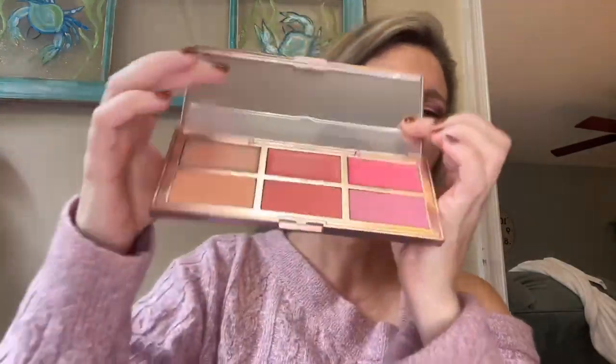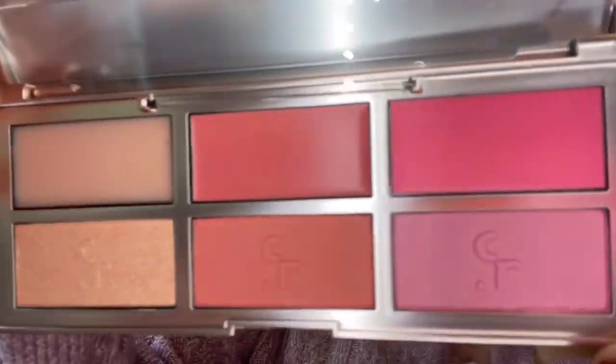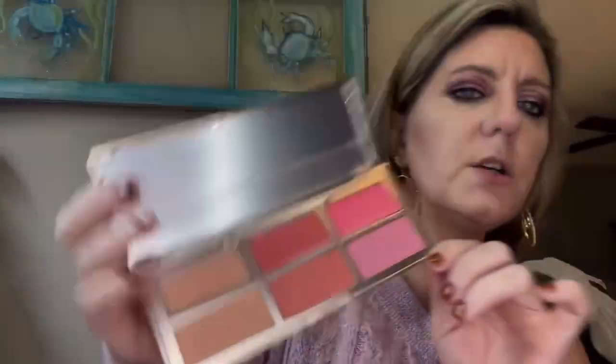First time trying the Patrick Ta blush and highlighter palette. Here we are. And I've heard different things. I've actually heard, I'm going to put my hair up for this, that you should do the powder first and the liquid or the cream blush over the top of the powder. Except maybe in the case of the highlight, because the highlight is like a translucent balm and then the highlight would stick better to that. So I'm going to actually do the balm first and the highlight second,